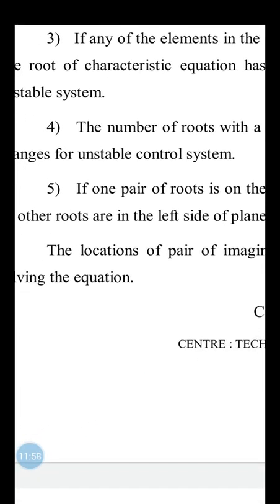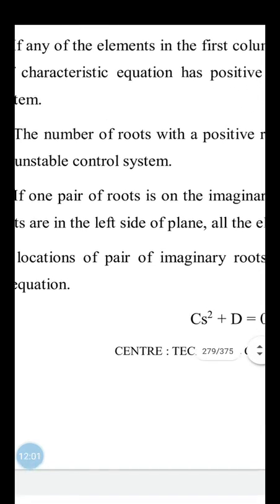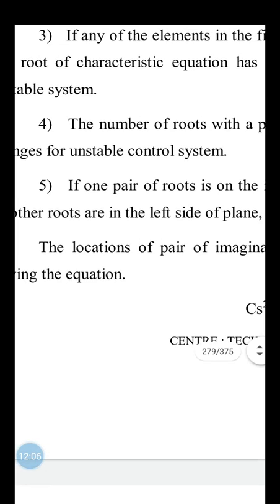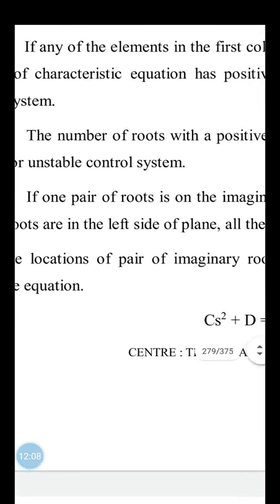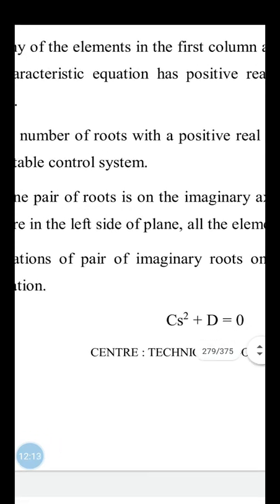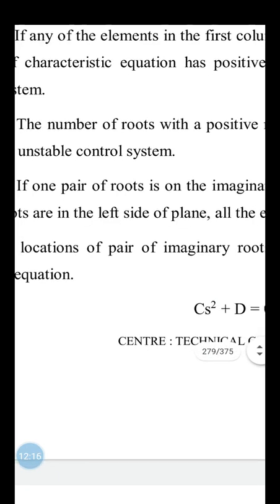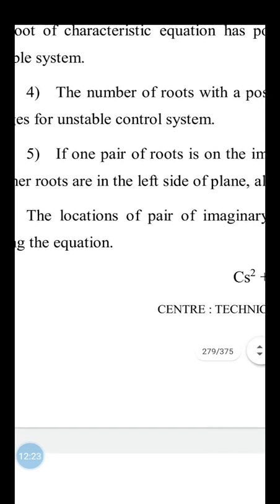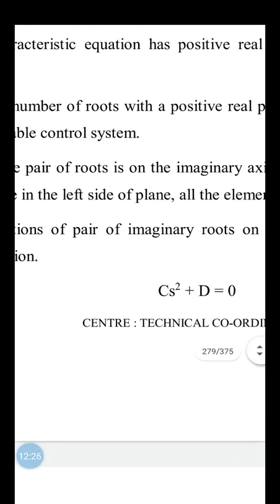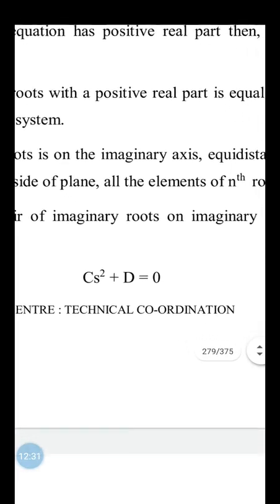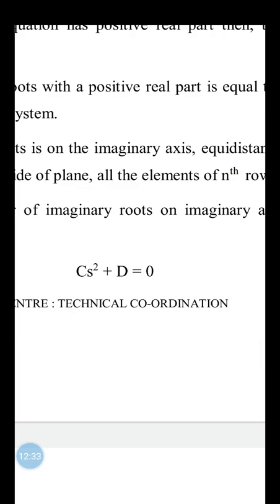The number of roots with a positive real part is equal to the number of sign changes for the unstable control system. If one pair of roots is on the imaginary axis equidistant from the origin and all the other roots are in the left side of the plane, all the elements of the nth row will vanish. And the location of the pair of imaginary roots on the imaginary axis can be found by solving the equation cs square plus d is equal to 0,